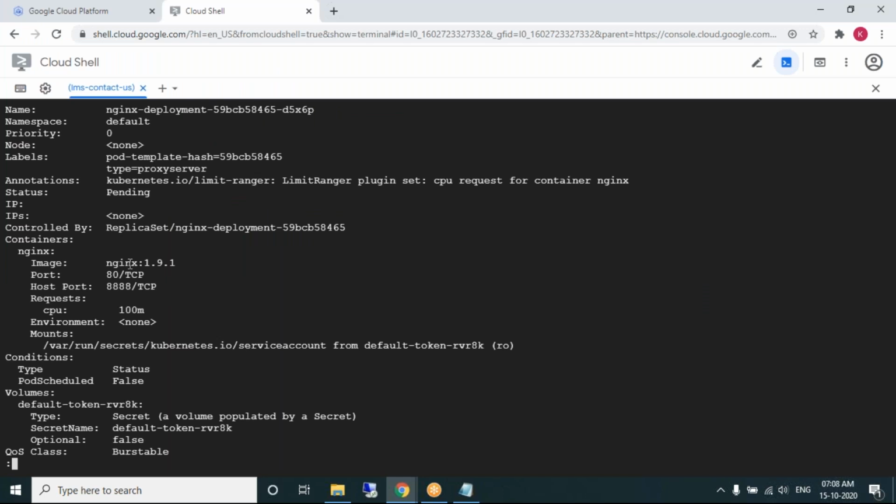The image has been changed; previously it was a different one, right? Now it has been changed to 1.9.1. So one after the other, the pod gets upgraded.